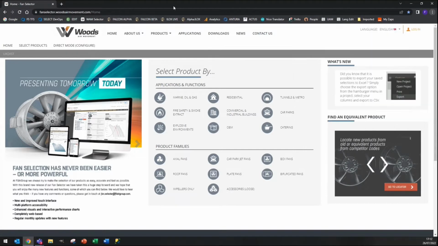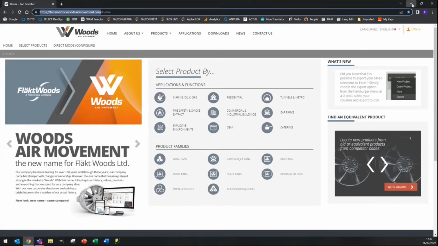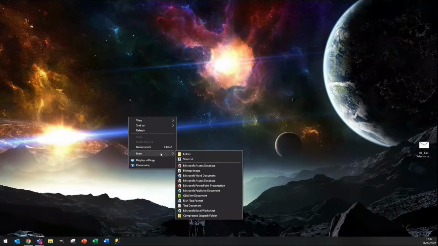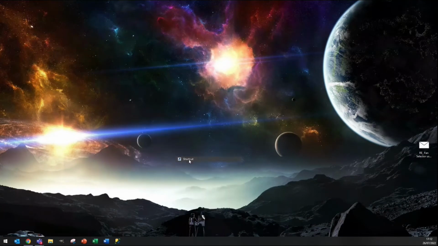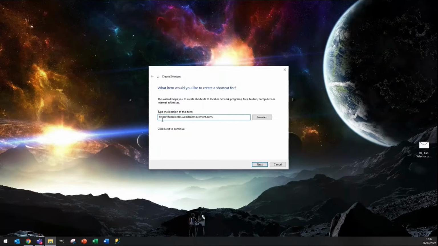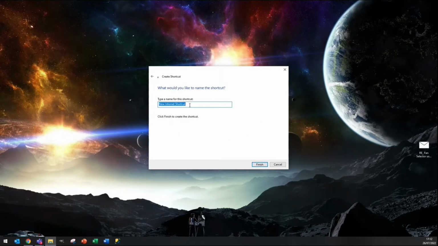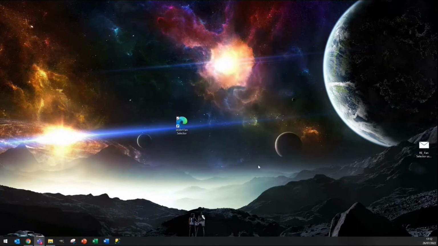So I've just called mine here Woods Air Movement Selector. What you can also do, which I'd recommend, is on the desktop, you can create a shortcut. And if you create a shortcut and type in that website address, fanselector.woodsairmovement.com, go next, you can give it a name again. Finish. Now, my default browser on this PC is actually Edge, so that's why the icon is that. But basically, if I double click that, it will load up Edge in this case now and go to that